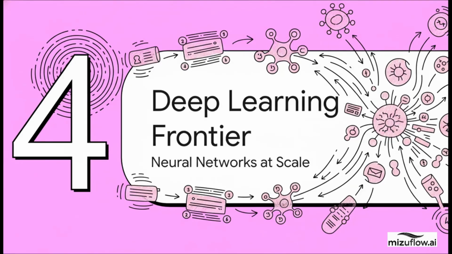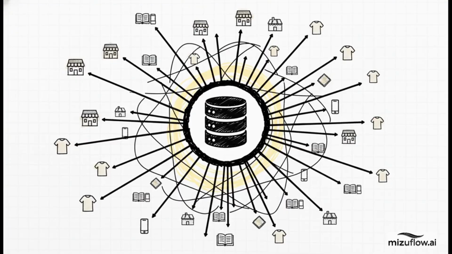And now we are at the real cutting edge of the toolkit. This is the deep learning frontier. This is where we use specialized neural networks to handle massive, and I mean massive datasets with tons of interacting parts, all at once. Now, a word of caution here. These deep learning models, they're not for your everyday forecasting problem. You bring out the big guns like this only when you're dealing with an immense amount of data. Think forecasting sales for thousands of different products across hundreds of stores, all at the same time. That's when you need this kind of power.